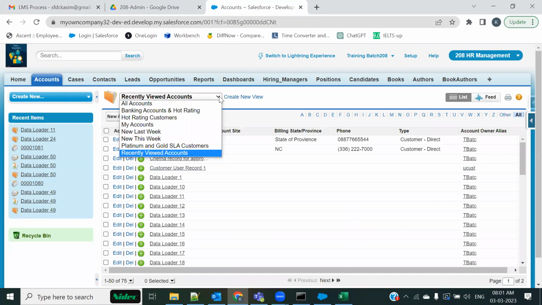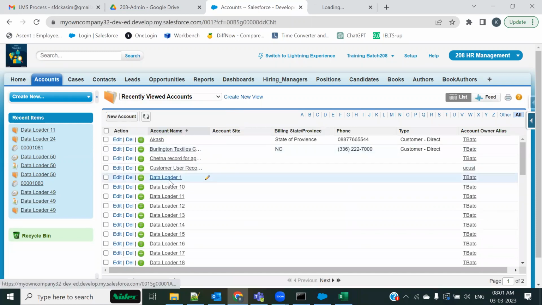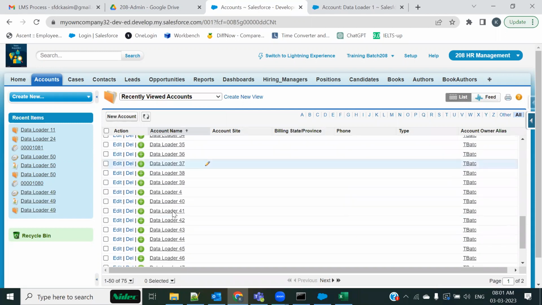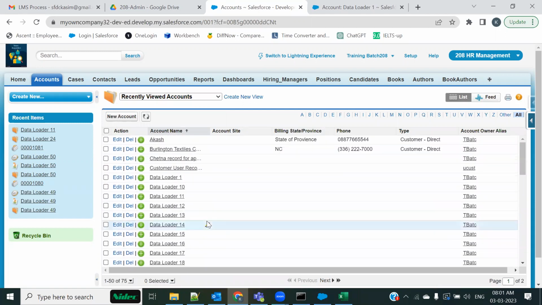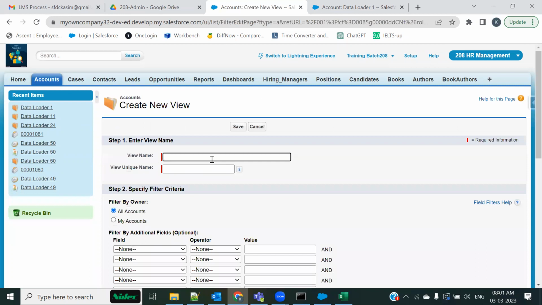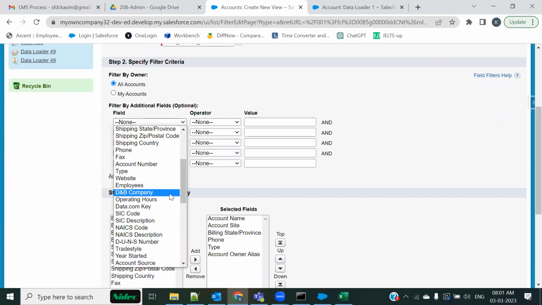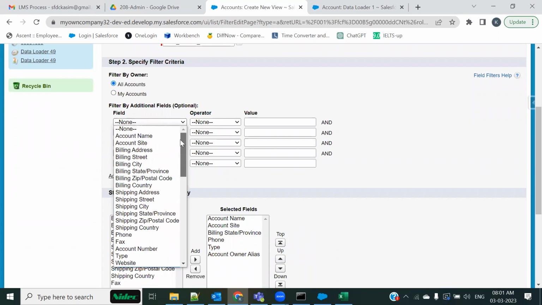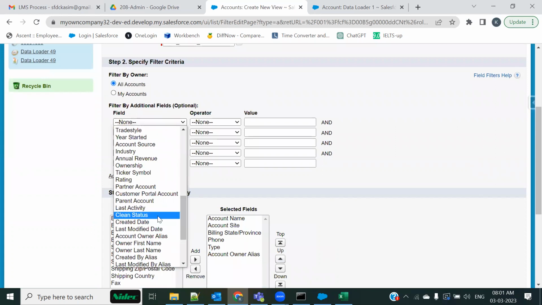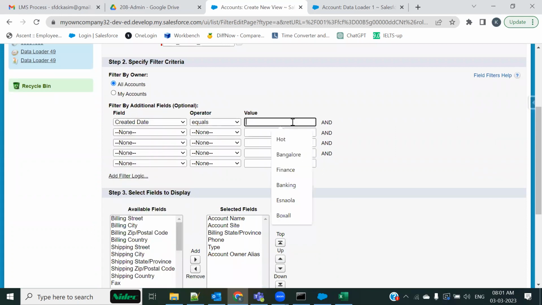I can do one thing: let me try to create a new view. Data loader records, and record creation date. One second, let me just do created date equals to